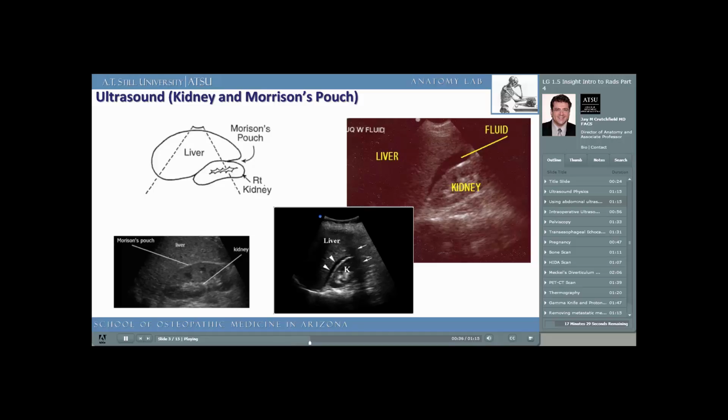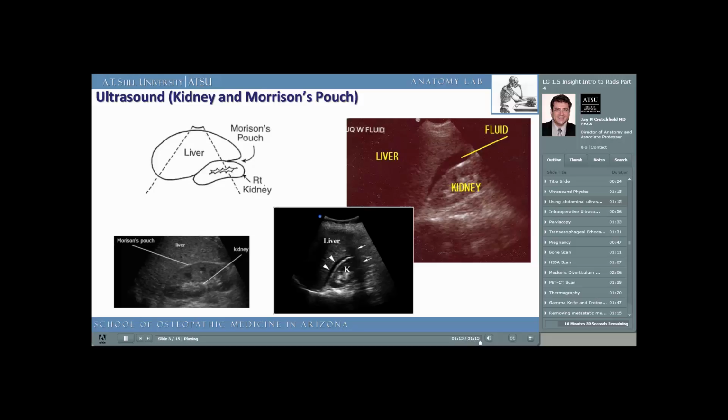Here in this slide, we can see an ultrasound of the liver and the kidney. The image in the upper left shows how the ultrasound beam passes through the liver and images not only the liver but the kidney. In the area below the liver, but above the kidney, we can see a space called Morrison's pouch. Fluid can collect here. It can be normal or abnormal depending on how much fluid collects here and what the clinical presentation of the patient is like. 2 of the 3 images clearly show fluid beneath the liver and above the kidney in Morrison's pouch. It's probably normal